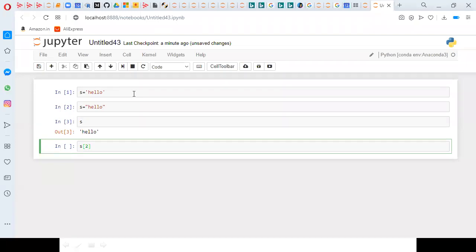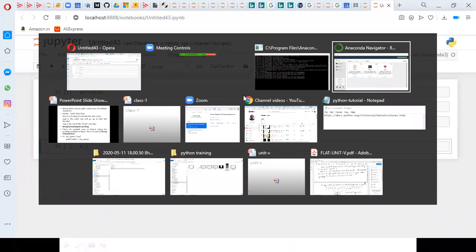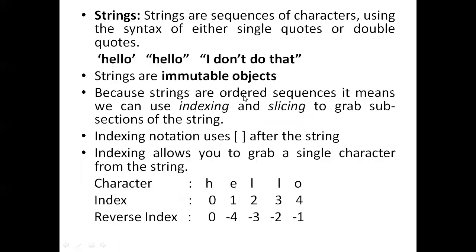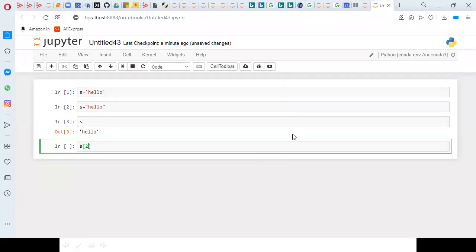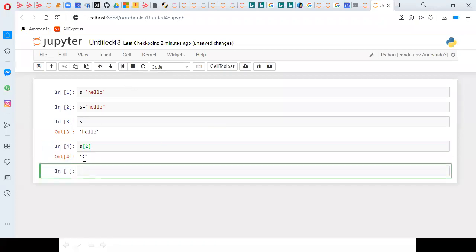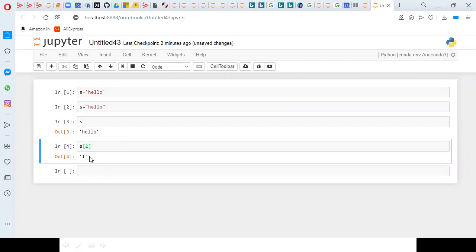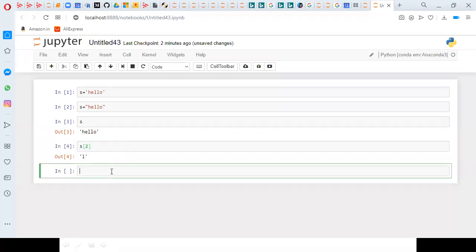In hello, in the second cell we are having L. So when I enter s of 2, I will get L. Generally, when you are retrieving the value, there is a possibility to modify also.